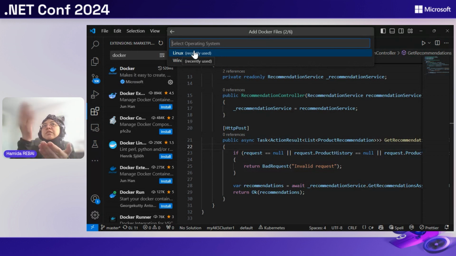So you can select your operating system, and your Docker file will be generated in this case. And as I said before, you will have one Docker file per microservice, and the orchestrator like Kubernetes or Azure Kubernetes Service will allow us to orchestrate between the different microservices, or let's say containers in our case.